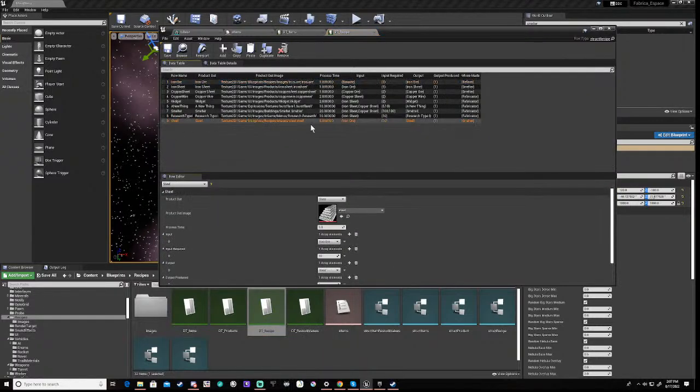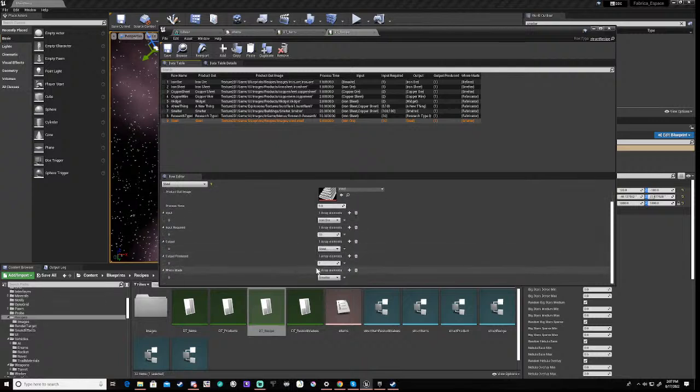So if we come in here, we added this, we made it steel, gave it the picture, gave it a process time of 5, input is iron ore. We might change that later to be iron ore and carbon. That is a possibility. And we made it that you needed 10 iron ore, output steel and 1, and it's made in a smelter. Okay,